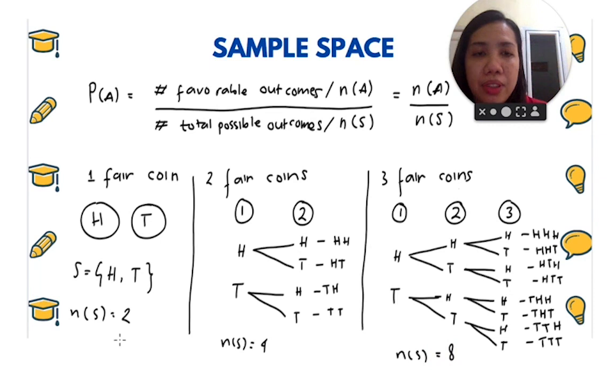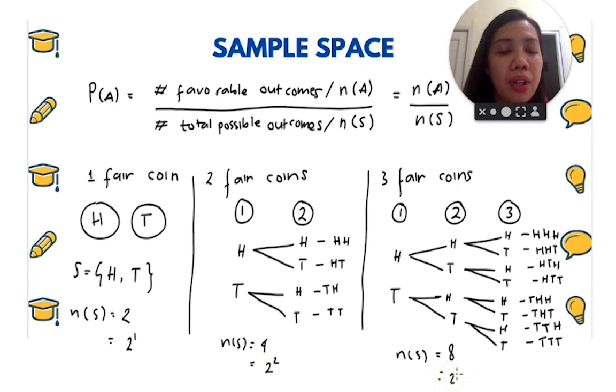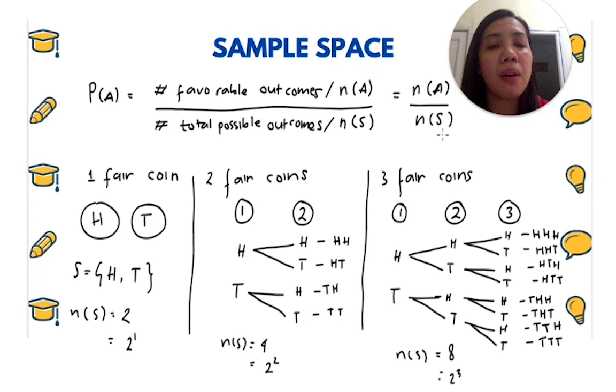Now here we have 2, here we have 4, and here we have 8. This is for 1 coin, this is for 2 coins, this is for 3 coins. Do you see any relation between the number of coins and N of S? We can see that 2 is 2 to the power of 1, 4 is 2 to the power of 2, and 8 is 2 to the power of 3. So it depends on how many coins we have. If we have 5 coins, then N of S will be 2 to the power of 5. If I have 10 coins, then the number of total possible outcomes of 10 coins is 2 to the power of